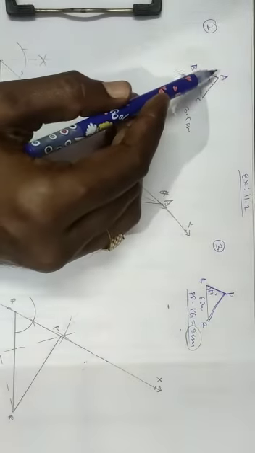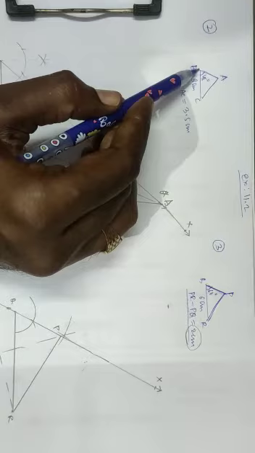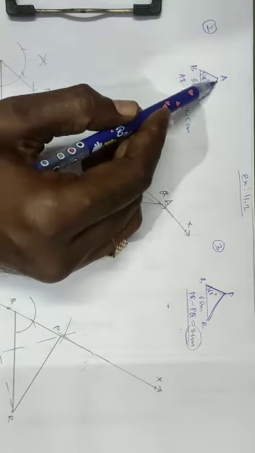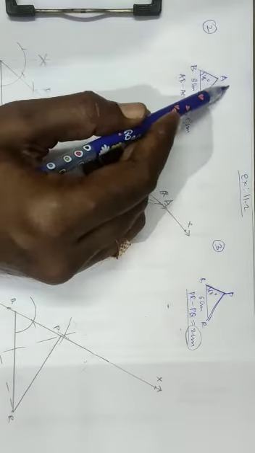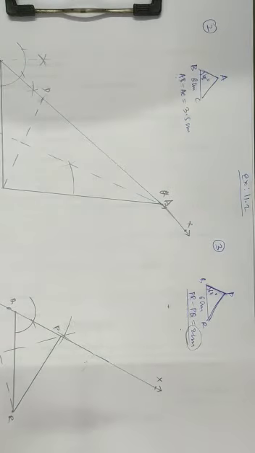So when you find that the vertex from where you are drawing the angle of 45 degree, this particular side AB is greater, then the process for construction of the triangle will be the same as we did for question number 1. So here you can see the construction part.